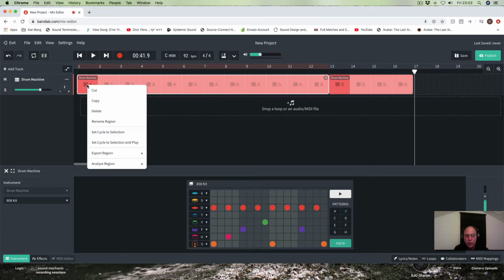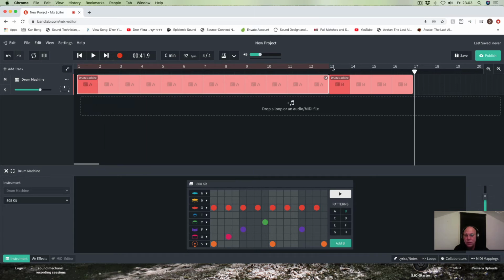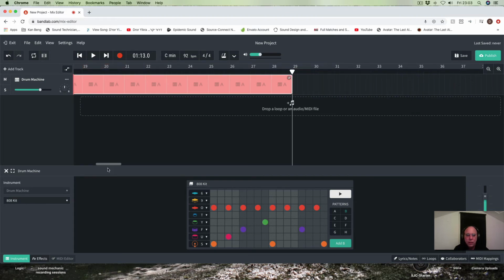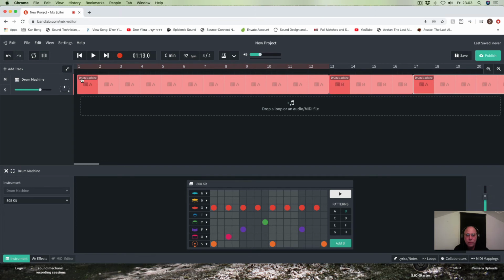I can right click, copy on part A, make sure that my line is on bar 17, right click, paste, and here I've got pattern A, pattern B, pattern A, and so on and so on. I can still do a few things. If, say for example, I listen to it and I think, oh, I like it, but it's a bit slow, I actually want my song to be a bit faster,